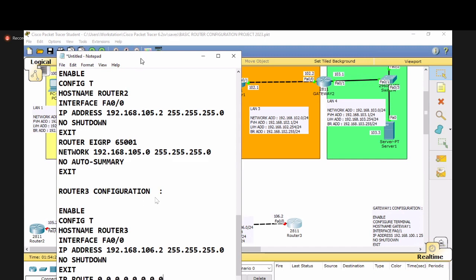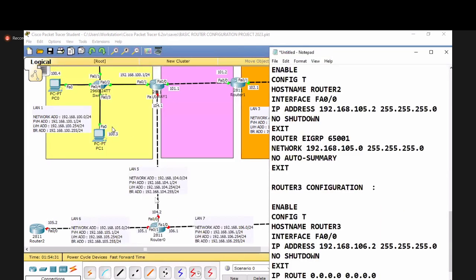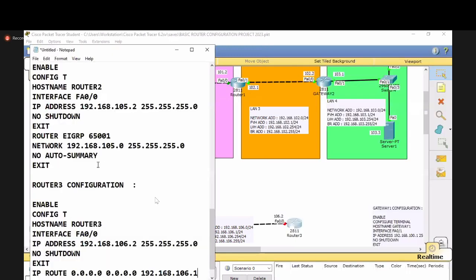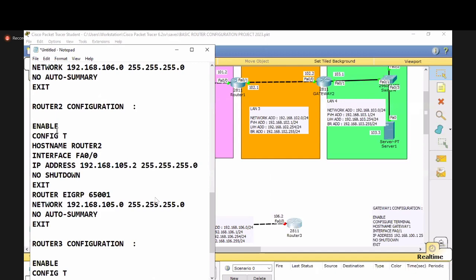0.0.0.0, और हम लोगों का नेक्स्ट हॉप एड्रेस है 106.1। क्योंकि कौन सा भी नेटवर्क लैन 1 हो, 2 हो, 3 हो, 4 हो, 5 हो या 6 हो, कौन सा भी नेटवर्क पे जाने के लिए यही डायरेक्शन मेरा लेफ्ट साइड की तरफ है, तो लेफ्ट साइड पे यही राउटर 106.1 है, तो इसका आईपी डाल देता हूँ। बस ये हो गया मेरा डिफॉल्ट राउटिंग कॉन्फ़िगरेशन।